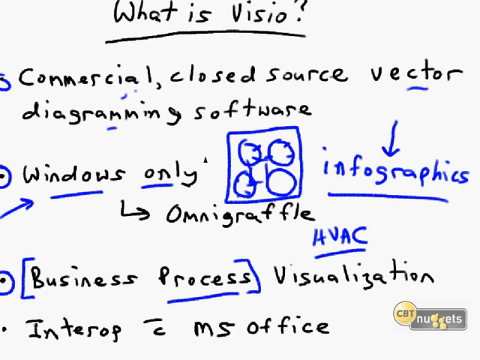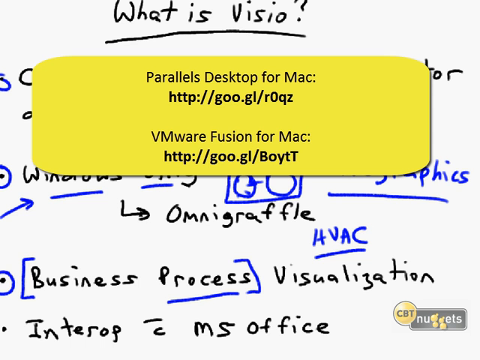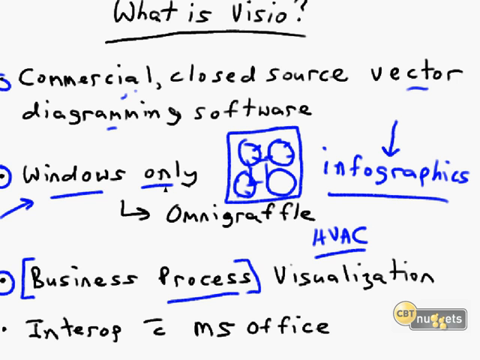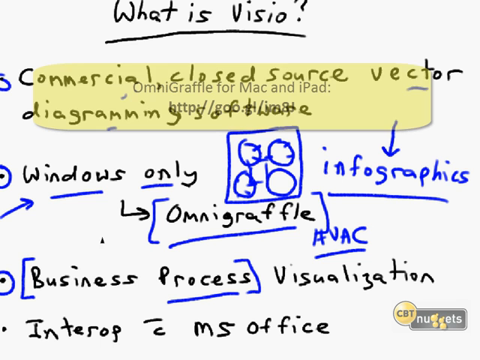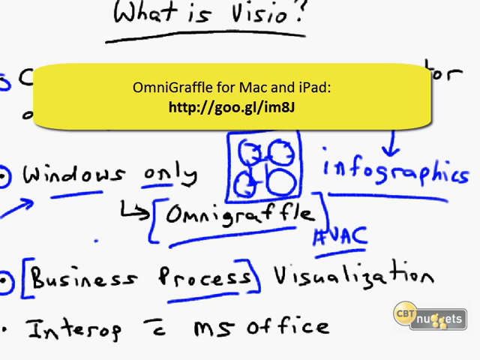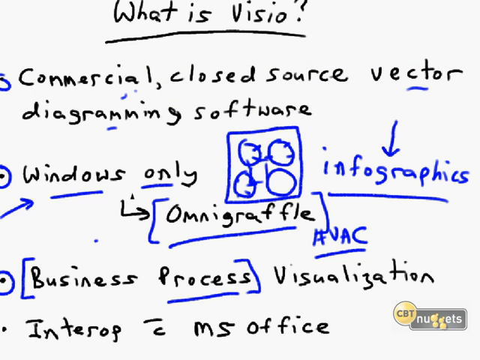Well, depending upon how much of a geek you are as far as cross-platform stuff, you could install software like Parallels Desktop or VMware Fusion on your Mac, and then install Visio 2010 on your Mac and have it run natively that way. That's one way to go. Another way is to use a Visio competitor. The main competitor in the Mac OS X space of Visio 2010 is a program called OmniGraffle. This application's been available for a long time, so it's very steady, and it'll give you an excellent Visio-like experience